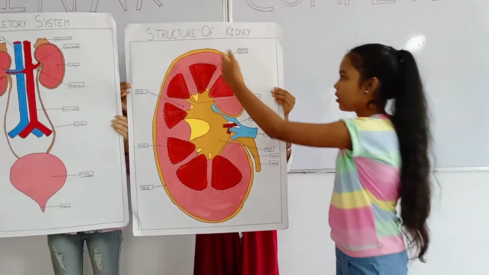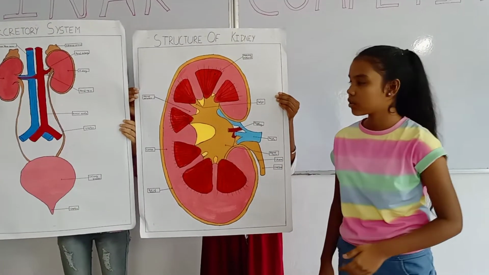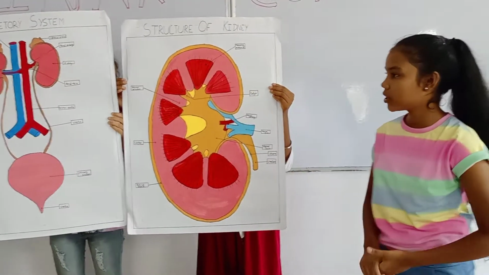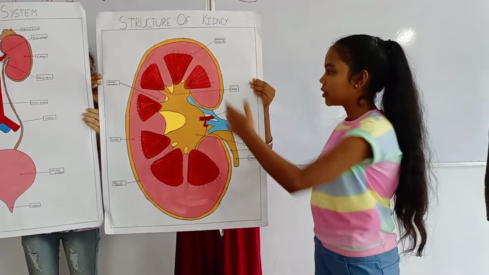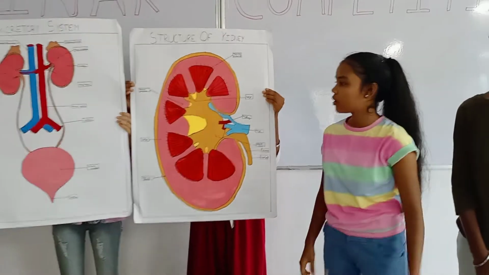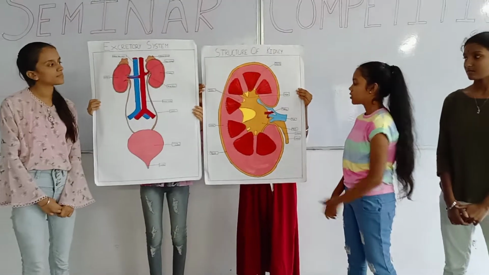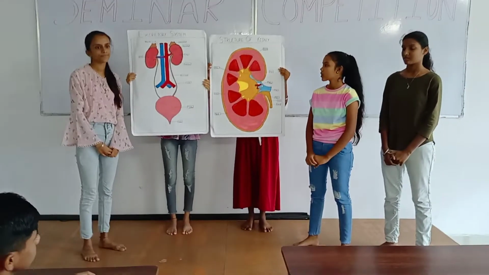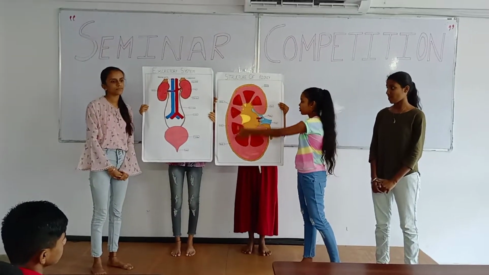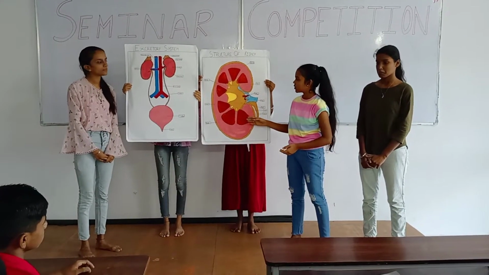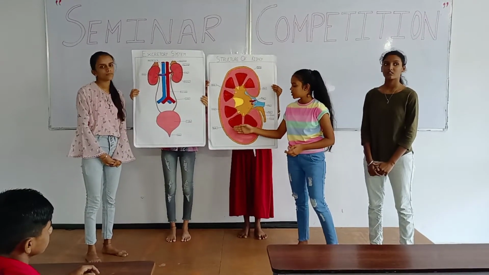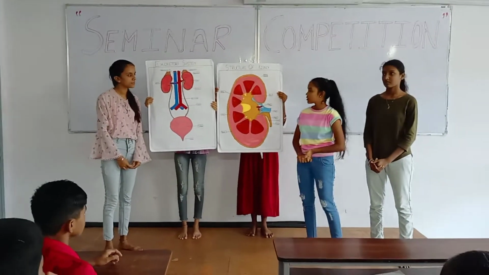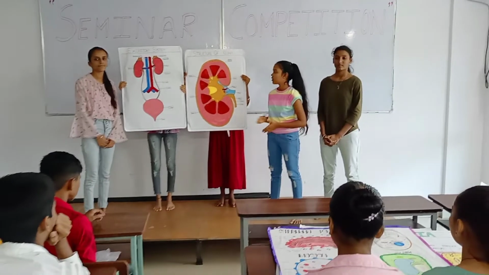This upper region of the kidney is called the cortex. The pyramid-like structures, as you can see here, are called medullary pyramids. The area between these medullary pyramids is called the medulla. This innermost surface of the kidney is called the renal pelvis. These many finger-like projections, as you can see, lie in the medullary pyramids and their half parts in the cortex region are called nephrons. The nephron is the basic unit of the kidney.